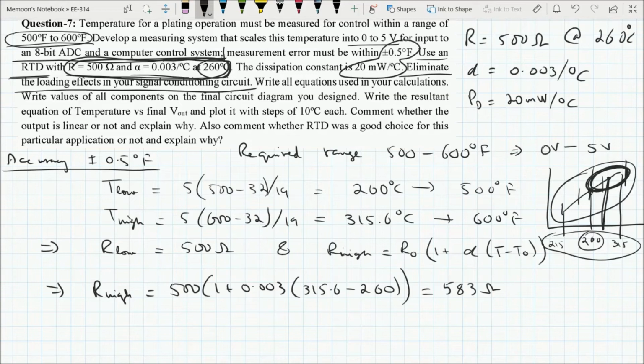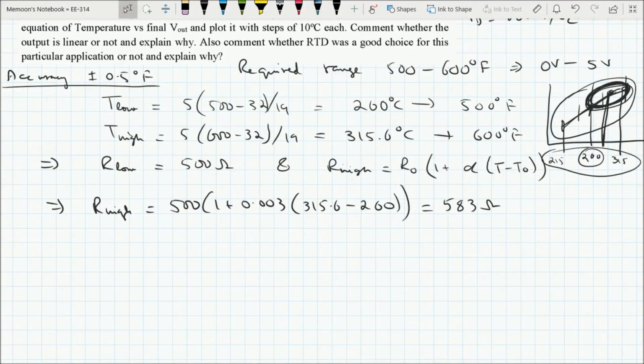That is just not the best approximation. The best approximation should have been to consider only the range of interest as our total range for linear approximation and use the middle value of that range of interest as our RT naught. But in this case, unfortunately, we have no information about any value at that middle point. So we are using one end point of our range of interest as our middle point of our total range of linear approximation. So that is not wrong, that is correct, just not the best approach. But we are bound here, so we have no other option. So let's continue.